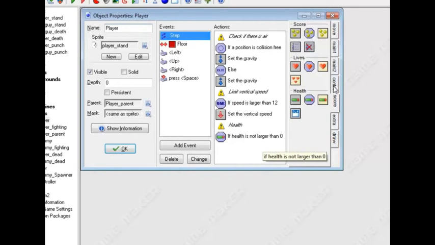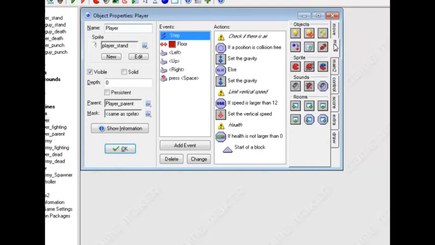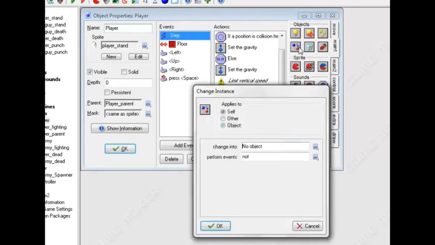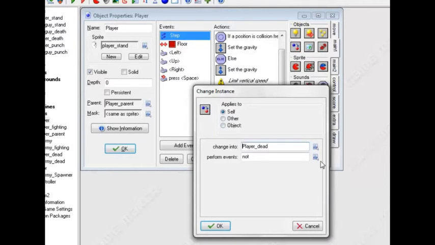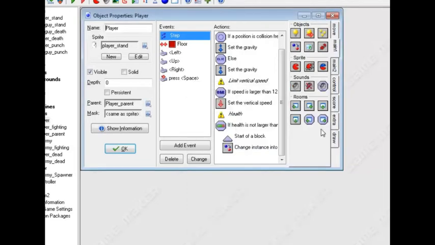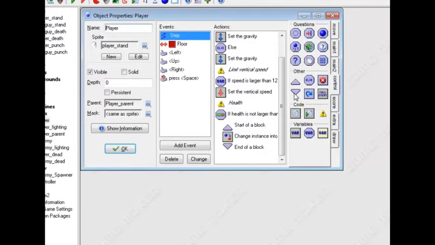And this is where we're going to need blocks again. Start block. So I'm going to change to the dead player. So we need main 1 tab and change instance to, and we're dealing with the player's step, so it's self, so I'm going to change it to player dead, and yes, we do want it to do its stuff, so go OK, and we're going to set the end of that,